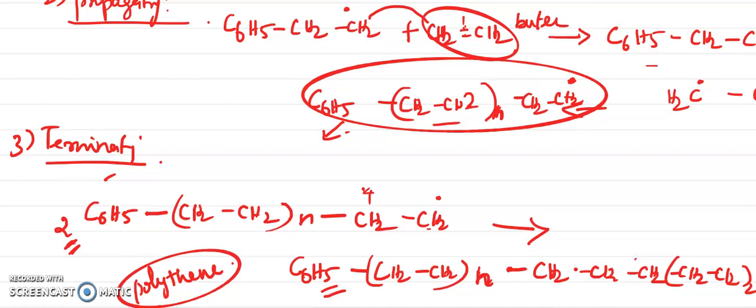So this is the way we can write the free radical mechanism, with the starting material whether it is ethene, with CH2 double bond CH2, or otherwise butene also you can take. So this is the way we can make a polythene according to the free radical mechanism. Got it? Okay, thank you students. I think you have understood.